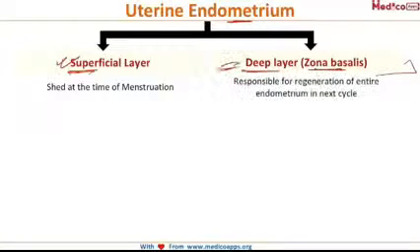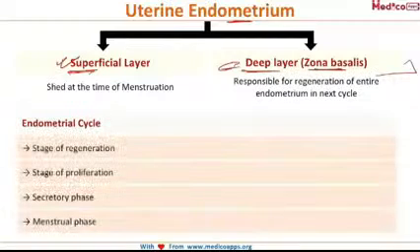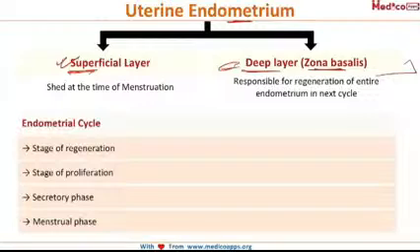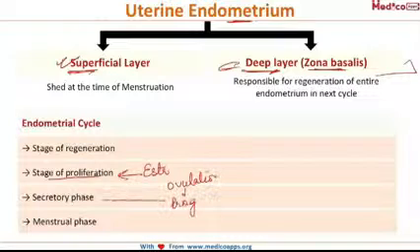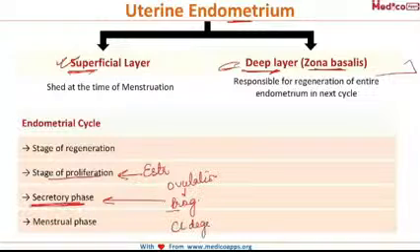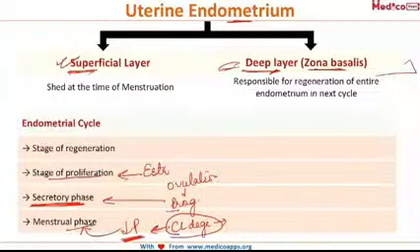Now moving on to the endometrial cycle, and first I told you the regeneration of the endometrium starts occurring from the deeper layer. Then under the effect of estrogen, there is proliferation of this endometrium. Then subsequent to ovulation, there is release of progesterone, and this progesterone makes the endometrium secretory. And as the corpus luteum degenerates, the level of the progesterone decreases. Now the endometrium loses its support, and thereby leading to menstruation. So the menstrual phase. So these are the stages